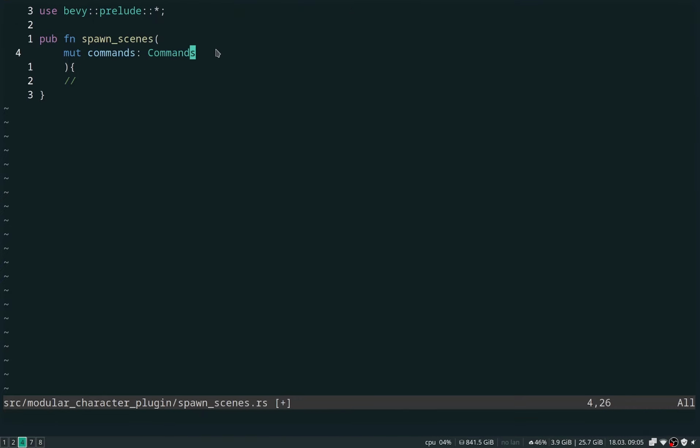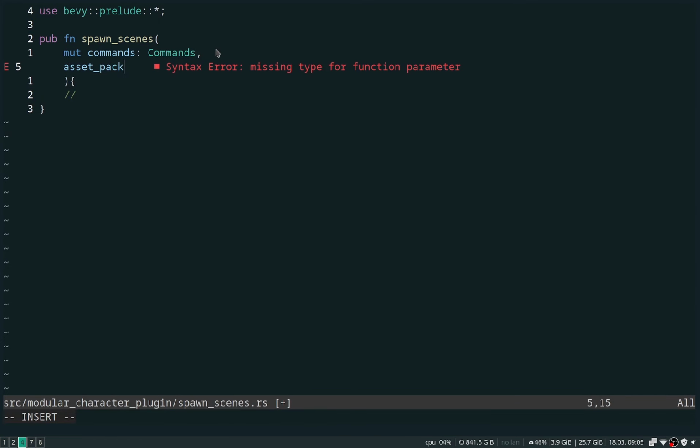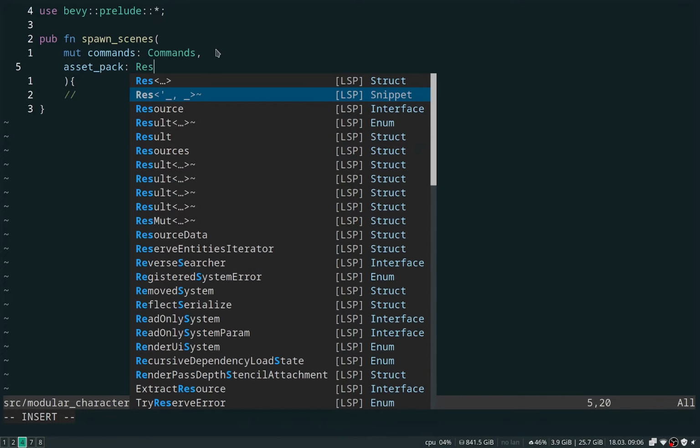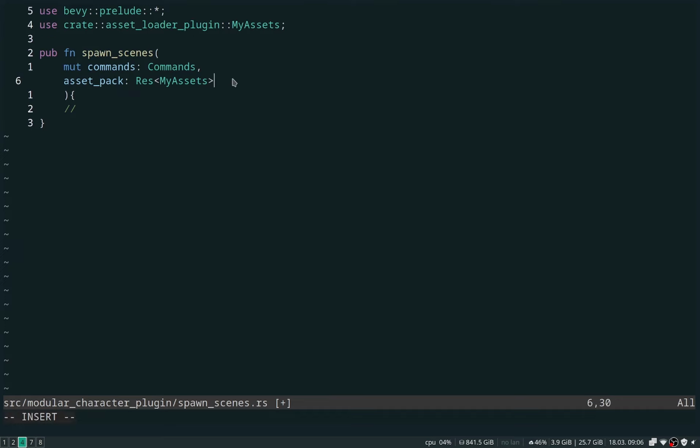Okay. Besides that, we also want our assets. I'll just call this variable asset pack, and this is going to be the resource MyAssets, and that will automatically get imported from the asset loader plugin where we declared it. We are also going to want the GLTF assets, which is a resource that is automatically added in when you load a GLTF from the asset loader,